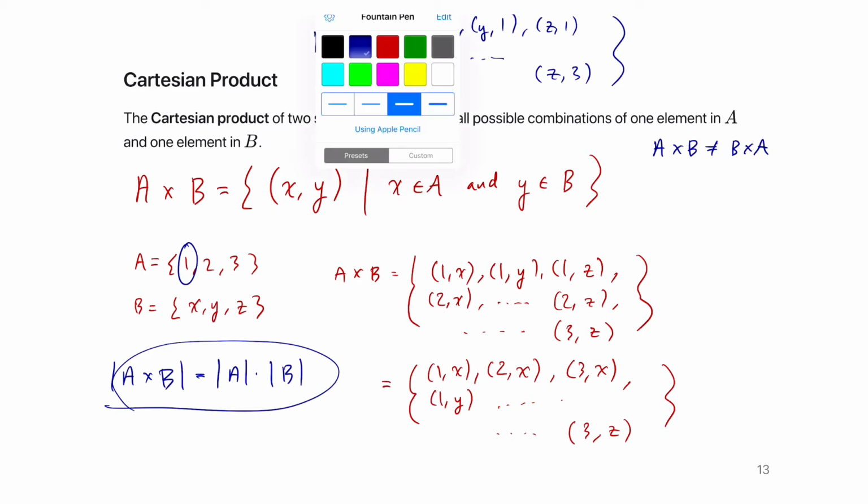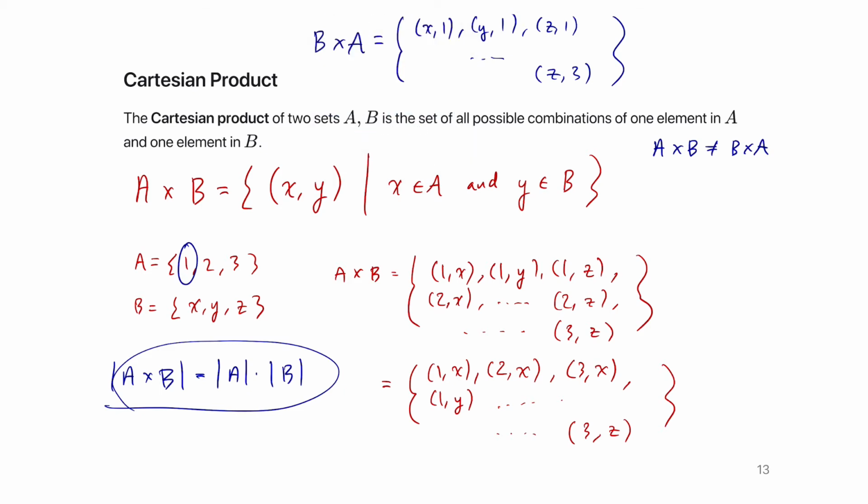Okay, and lastly, to see where this idea of the Cartesian plane comes from, or when we talk about vectors, oftentimes you'll see this notation that looks like R squared, right? Well, what that really means is just the Cartesian product of the set of real numbers with the set of real numbers, okay? Which is why, when you think of any point on the Cartesian plane, it's just a set of ordered pairs where the first element is a real number and the second element is a real number. Yeah?